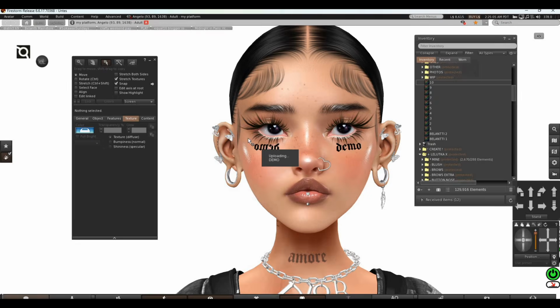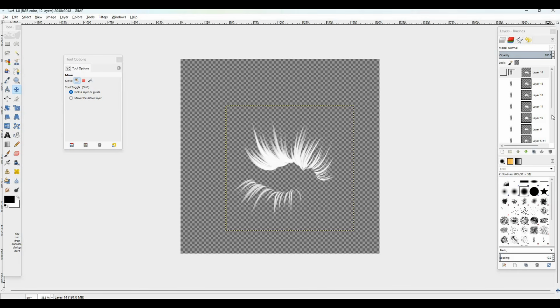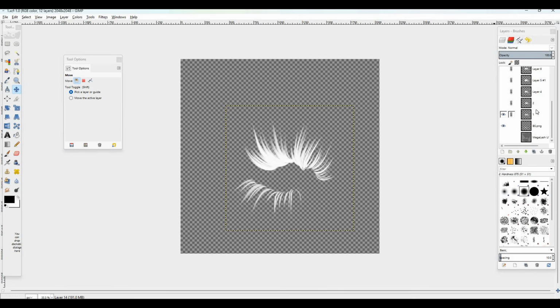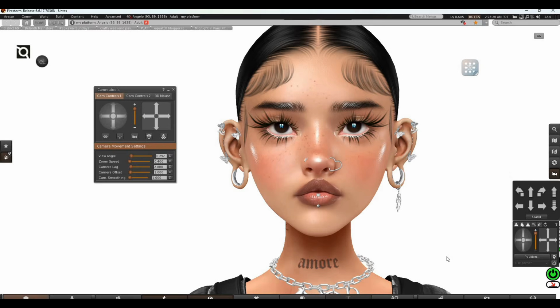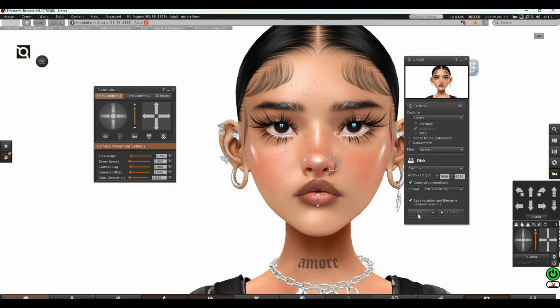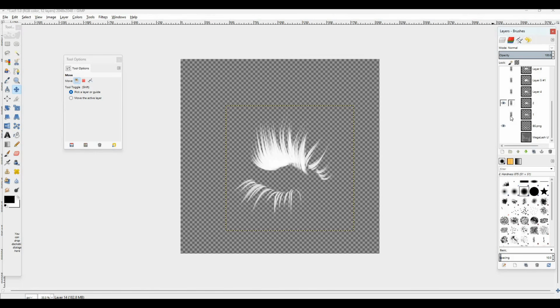Okay. And make sure you do not close this, because it's easier to take a picture when you export it from GIMP instead of uploading the texture, and do it that way. So now let's export one by one lash and take a photo. And that's why using GIMP is the easiest way, instead of going in edit mode and adding the textures and taking a photo. It is really annoying, trust me. So save picture, close it, open second one, export,